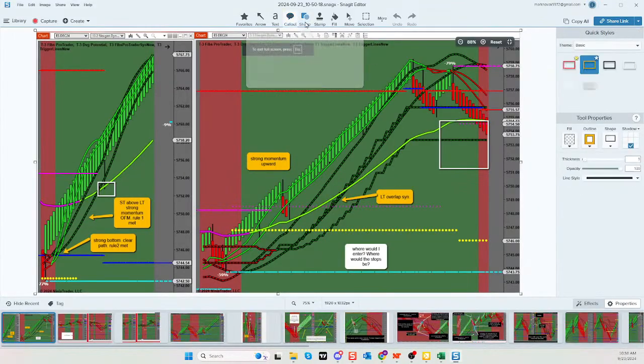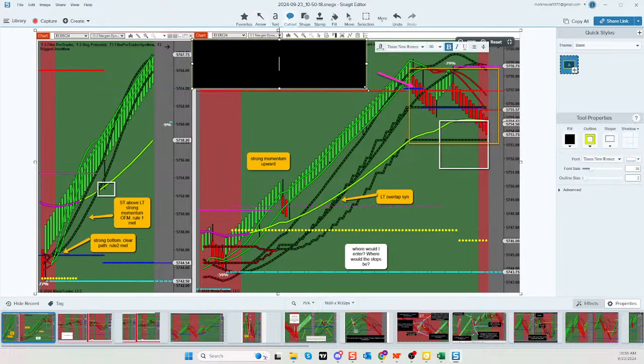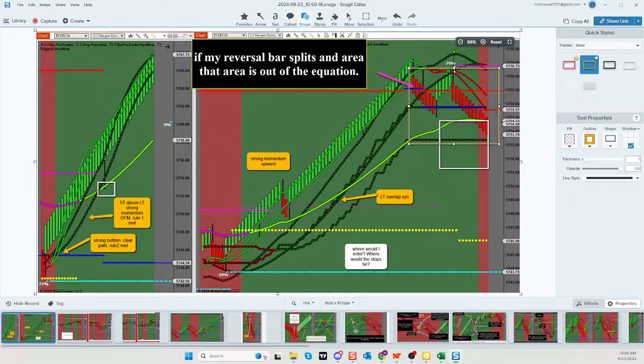All right. So, at the time of the reversal bar, there's the top of the triggers to the bottom of the triggers, right? So, Hong, I have this theory. If my reversal bar splits an area, right? So if the reversal bar gets below an area, closes below an area, that area is out of the equation. I don't consider that one of my areas for entry for the trend trade. So my window of opportunity will extend from the highest point of support to the lowest point of support inside